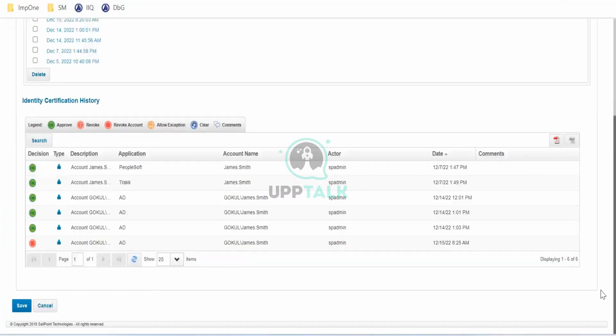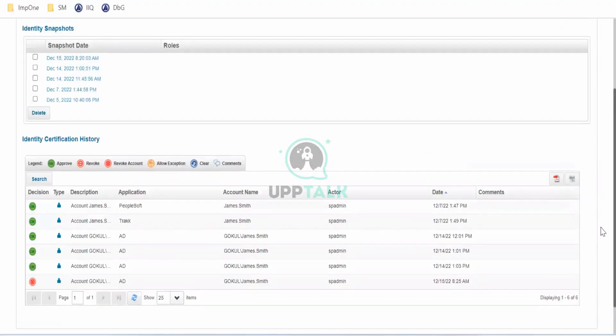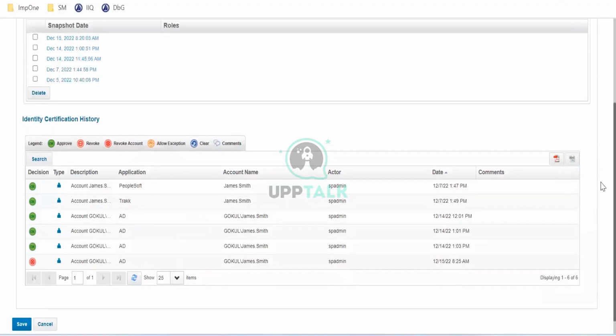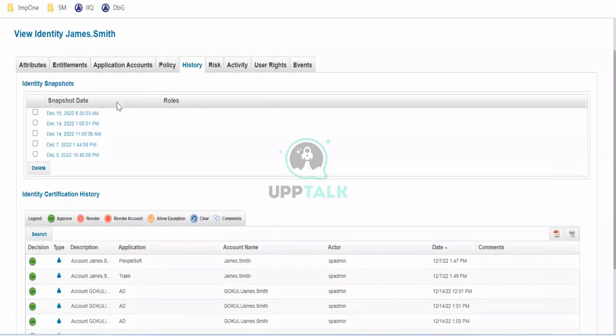Go ahead, Vinik. I was saying, I understand probably that the way they show it here is in 2 tabs. They have identity, certification, history, and other things. History, if you go up this snapshot date, it doesn't look very useful to me. Maybe it has a different purpose. Because I was looking for something. It shows every activity. There has to be something, right? Some ticket has to be there.